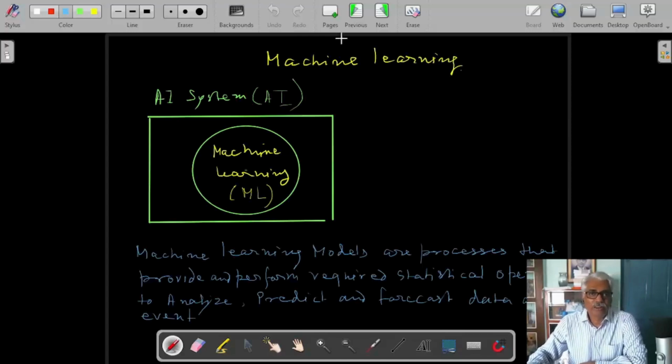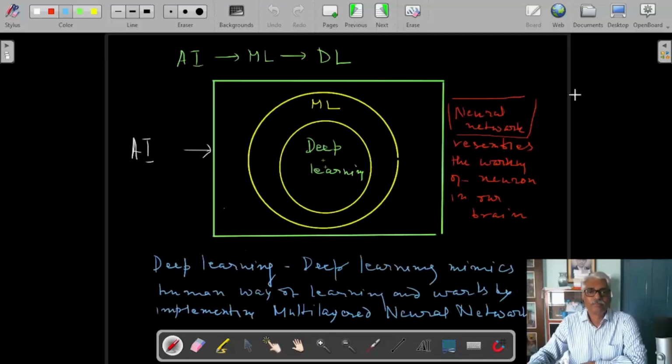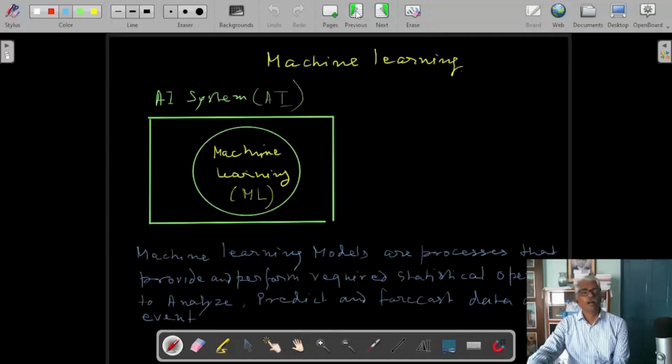Now, how does it work? Let us try to understand by an example. Now, here I am showing the difference. There is something called deep learning also. We are coming to that. Before coming to machine learning, deep learning, I would like to give you another example of a typical machine learning case study,